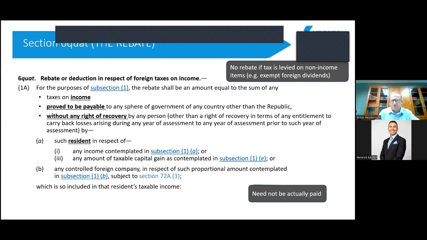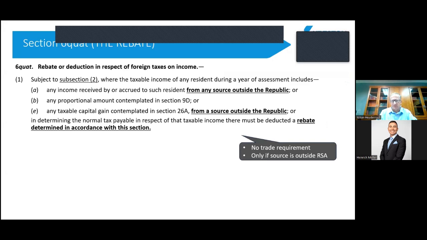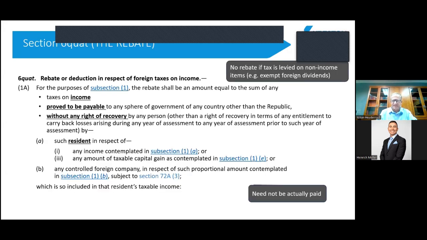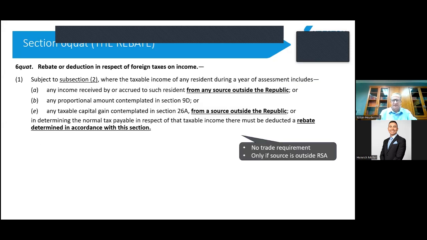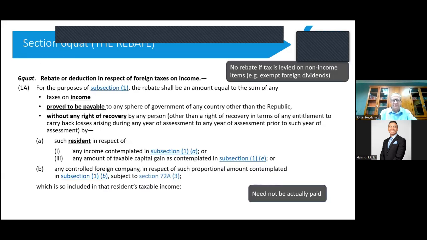Without any right of recovery, obviously, you can't get a rebate if somebody else is going to pay for it. All right. By such resident in respect of any income contemplated in 1A. So that is any income which is from a source outside the Republic, any taxable capital gain from a source outside the Republic, or whatever you've imputed as a controlled foreign company, which is so included in the resident's taxable income. All right, so